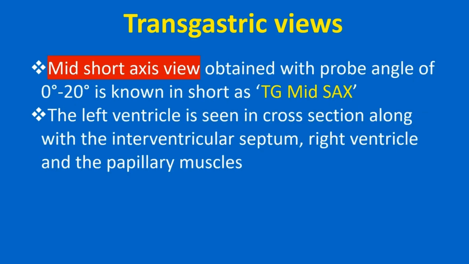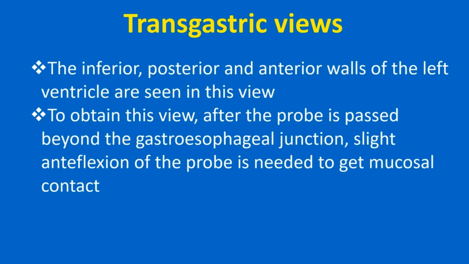Mid-short axis view obtained with probe angle 0 to 20 degrees is known in short as TG mid-SAX. The left ventricle is seen in cross-section along with the interventricular septum, right ventricle and the papillary muscles. The inferior, posterior and anterior walls of the left ventricle are seen in this view. To obtain this view, after the probe is passed beyond the gastroesophageal junction, slight anteflexion of the probe is needed